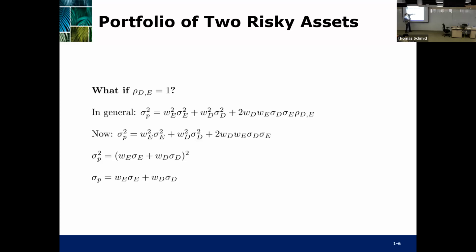Good. Obviously, the correlation drops out because it's plus 1. So correlation, we can just ignore that. It's essentially this term here, the 2WD, WE, sigma D, sigma E. And the correlation is gone. Okay? So now if we look at this expression carefully, you can see that